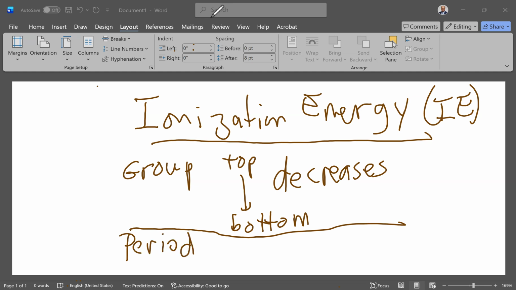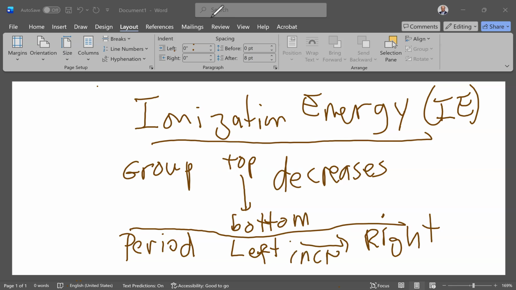Within the period of the periodic table, which is from left to right, atomic radius decreases, but this one will increase. So the ionization energy will increase. What do we mean by ionization energy? Ionization energy is